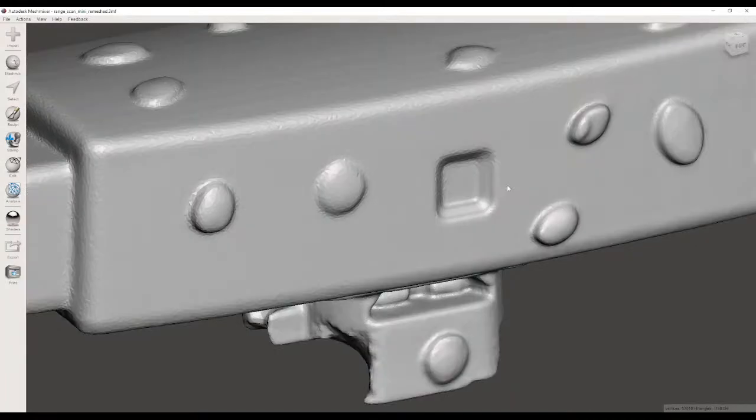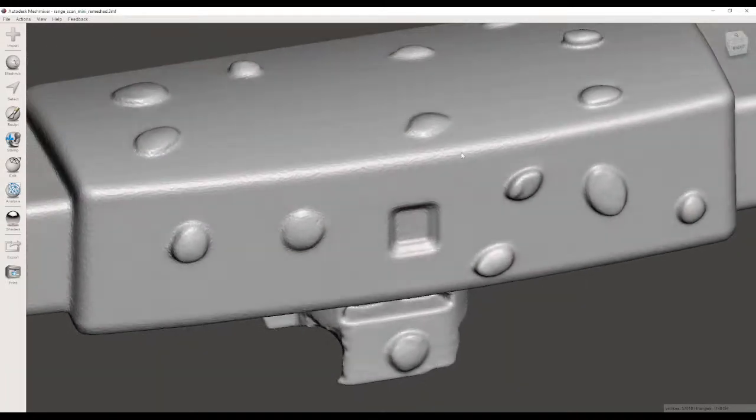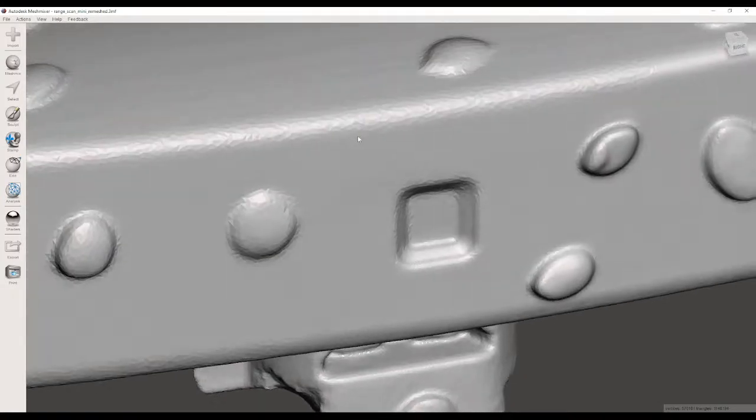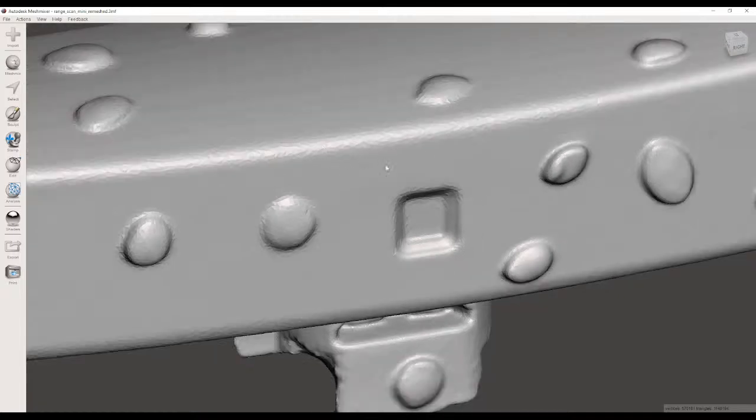So let's press W again to come back, and as you can see, this is a lot lighter to work with, and to be honest, this is perfectly acceptable for reverse engineering since you're not working directly on the mesh. The 80% is good. Another program that you can use in the workflow